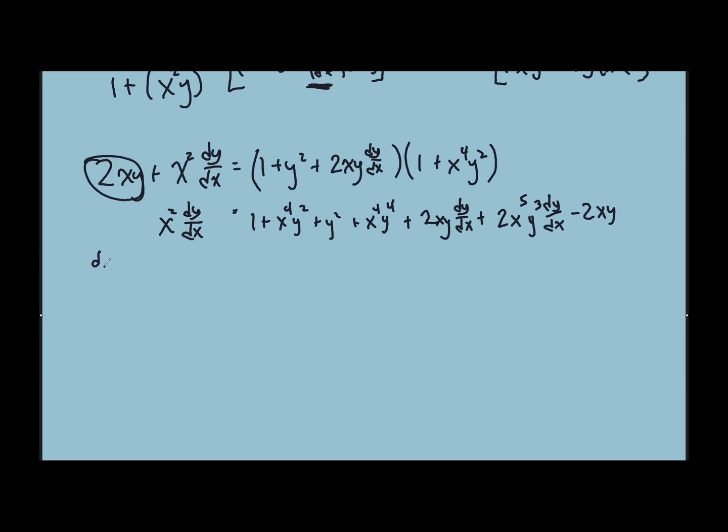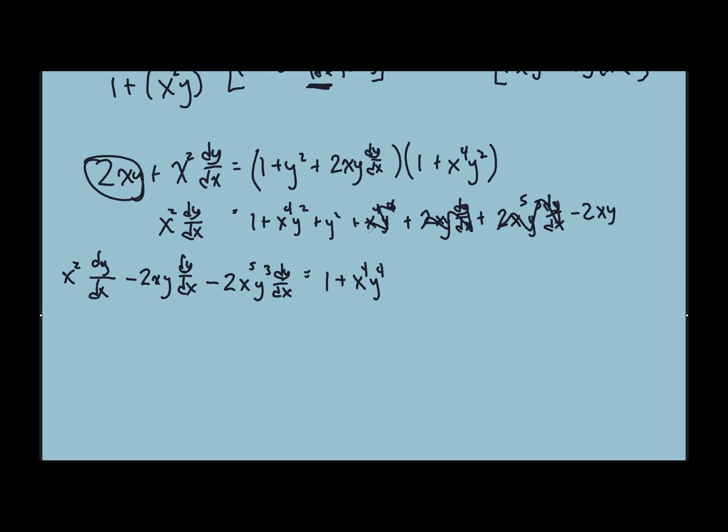So I'll say x squared dy dx like it is above, minus 2xy dy dx, that's this guy, I'm just crossing it out for my benefit and keeping track here, minus 2x to the fifth y cubed dy dx, so this one's gone, equals 1 plus x to the fourth y to the fourth,